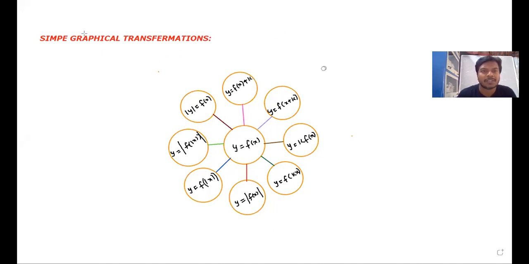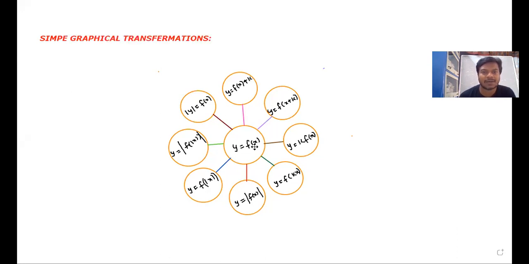Today we are going to discuss simple graphical transformations. Okay, suppose y equal to f of x is a given function, then